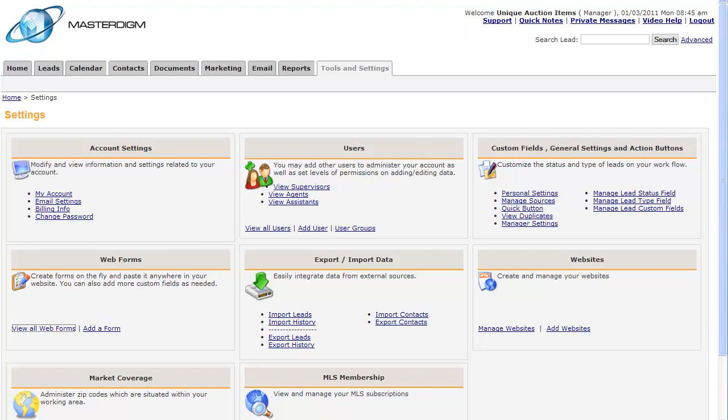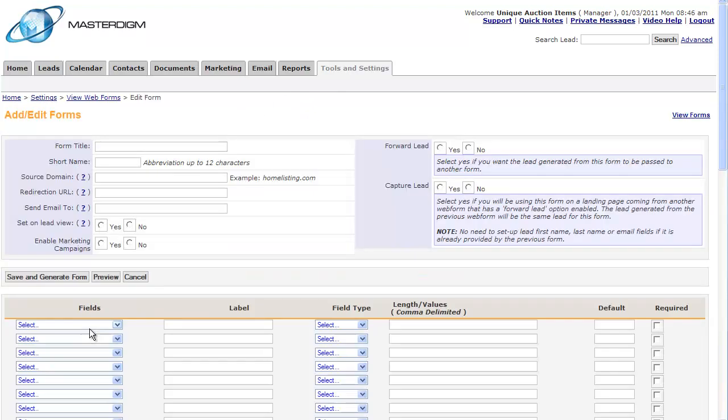When creating a web form, you go to your Tools and Settings, and then you go to Add a Form. On this form, you'll notice it has a form title, a short name abbreviation, which I'll explain, your source domain, the redirection URL where you want the person to get redirected to once they fill out the form, the emails,